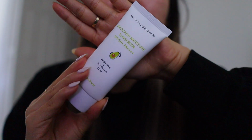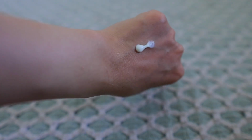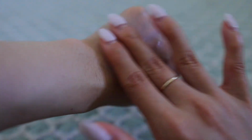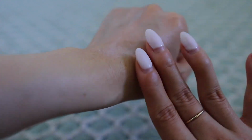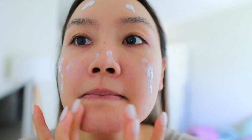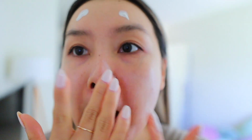I actually really like this. Again, it's moisturizing but not greasy, no white cast, no weird smells. I want to say it probably is just a chemical sunscreen because there's no white cast, so I feel like there's no physical sunscreen properties, but I do really like it. It kind of reminds me of the Innisfree one, if you've ever used it, but less greasy, because the problem I have with that one is that it's ever so slightly greasy, and this is not greasy at all. So I really like it, and I do feel like it's moisturizing and hydrating without that grease effect. And the other one is almost slightly greasier. Not that it's greasy, but